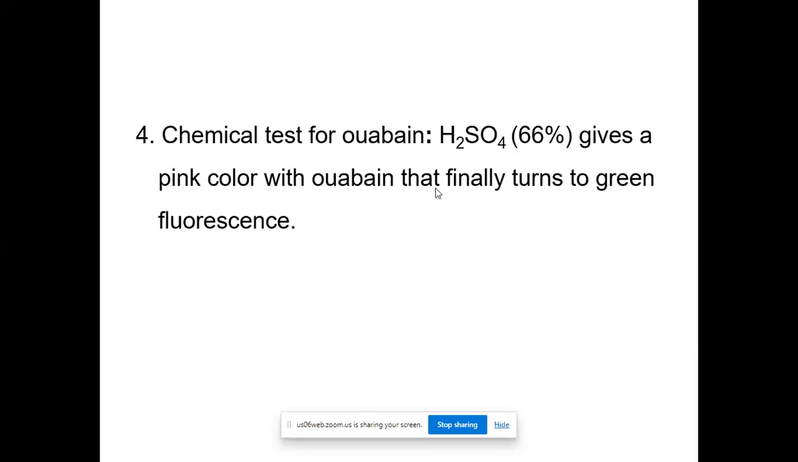Next slide. Chemical test for this one. We have sulfuric acid, which gives a pink color with